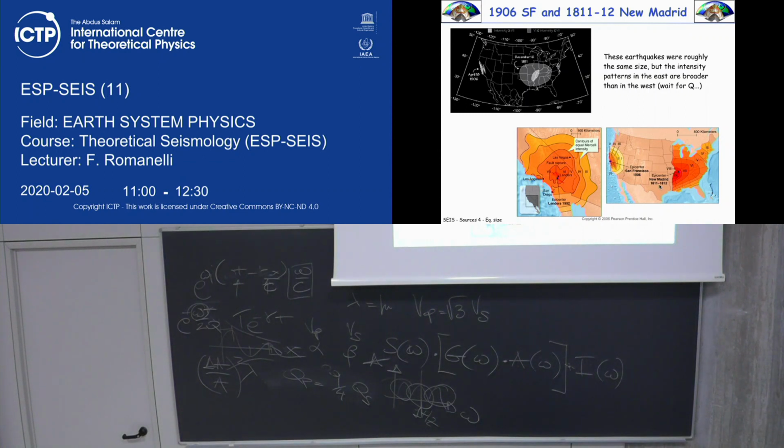Actually, here you see it's 1811, 1812, because at those times there were no seismic instruments, and so the accuracy of the location and of the event was a debated issue. Maybe there were 2 earthquakes. Something occurred there in those 2 years. Still, we are not sure if there were 2 events or 1, but the magnitude, according to the intensity, is similar to this one. Now, look at the patches left by isoseisms.